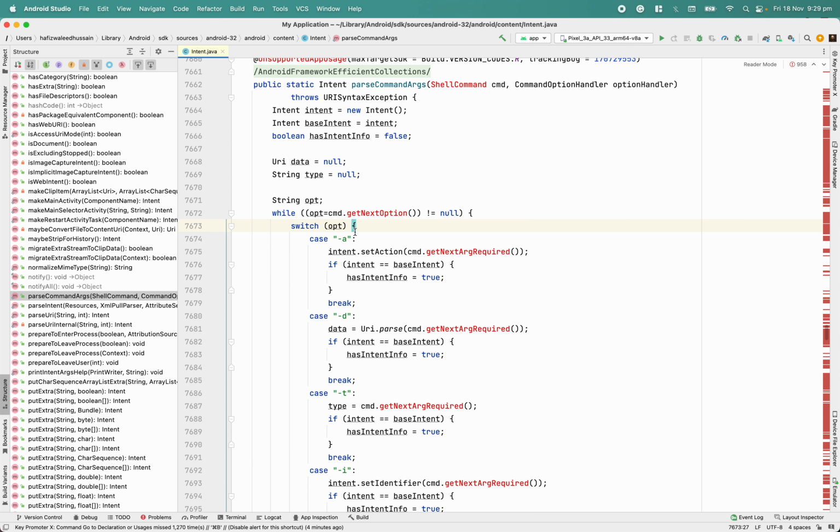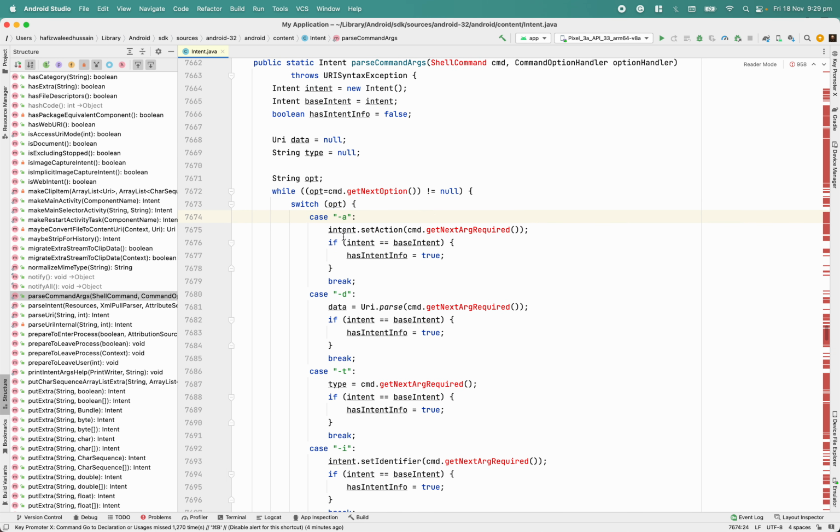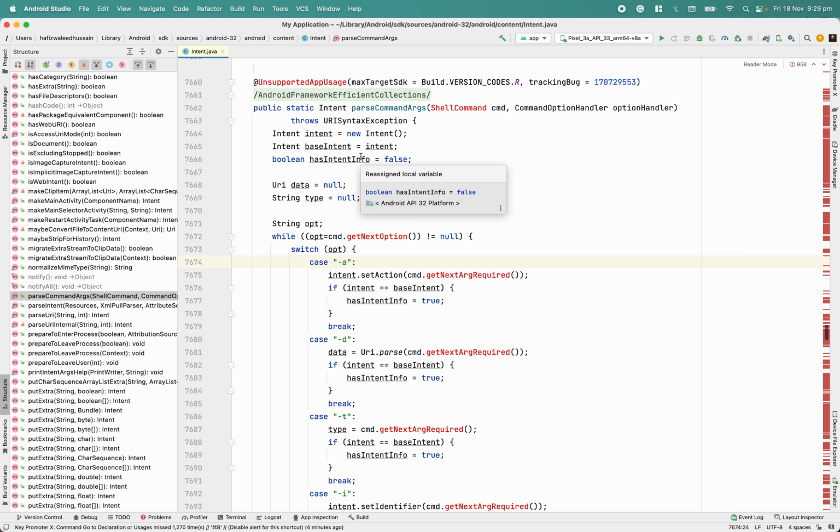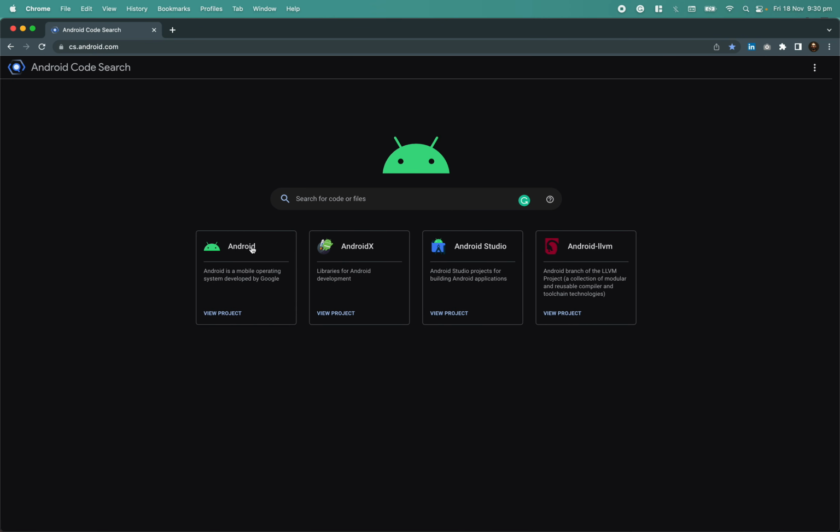So most of the time when we do testing, sometimes with deep links, we send this information with dash a. So we found that area. Once we send that information from the console, somehow the package manager is using this information, because the package manager is responsible for this kind of work. Okay, it's not showing. We can check inside of the